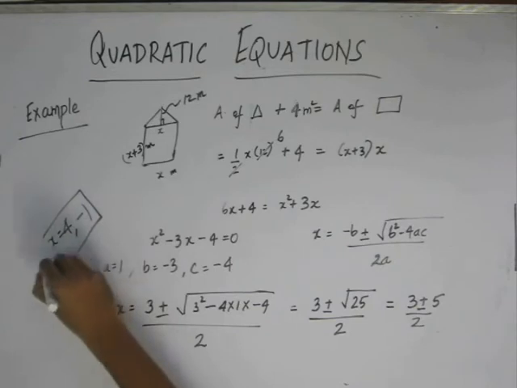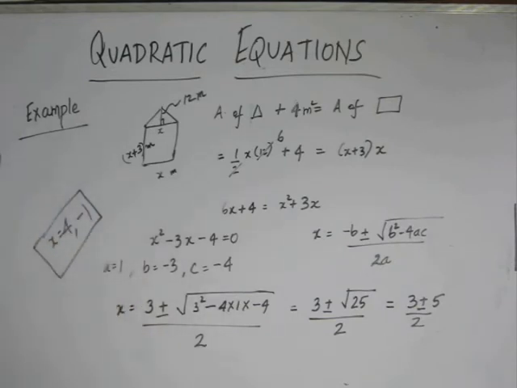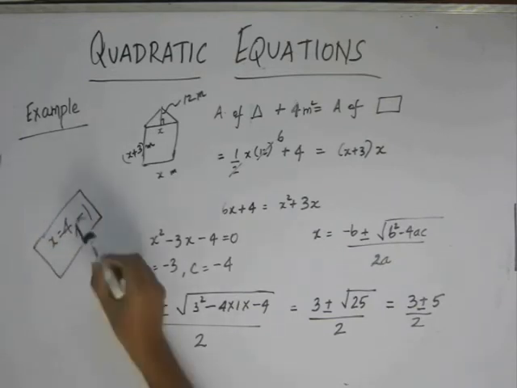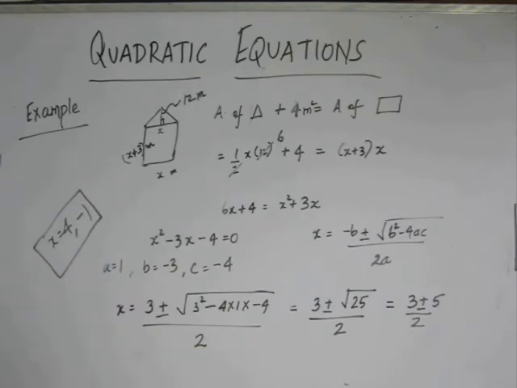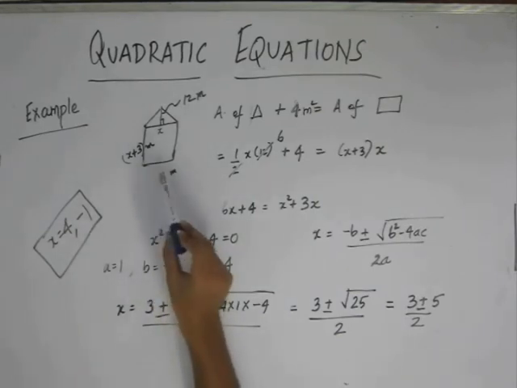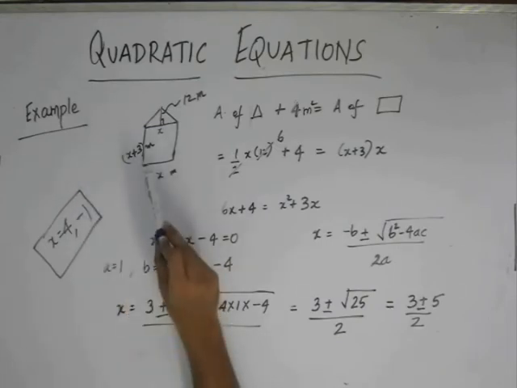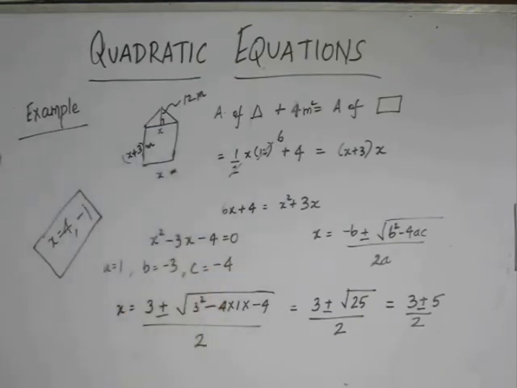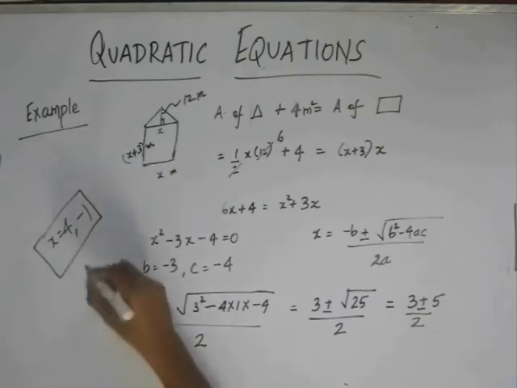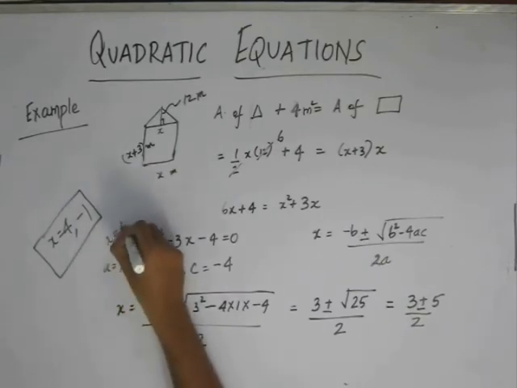This is the final solution for this given problem. Now one can ask, why minus 1? The solution minus 1 arises because it is a general quadratic equation, and it does not consider the fact that all dimensions of the rectangle and triangle have to be positive numbers. Since x is the breadth value for this rectangle, we omit the value of minus 1 because minus 1 cannot be the breadth of this rectangle. So the final answer is x is equal to 4.